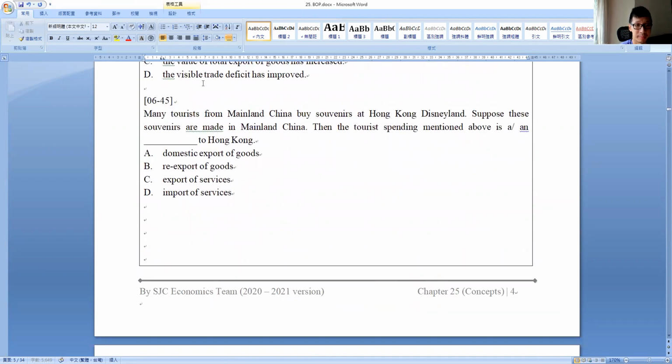Alright, next one. In 2006, now this is a very important question. My suggestion is that you need to recite the idea behind this question. Many tourists from the mainland buy souvenirs at Hong Kong Disneyland. Suppose these souvenirs are made in mainland China. Then the tourist spending mentioned above will be, remember,